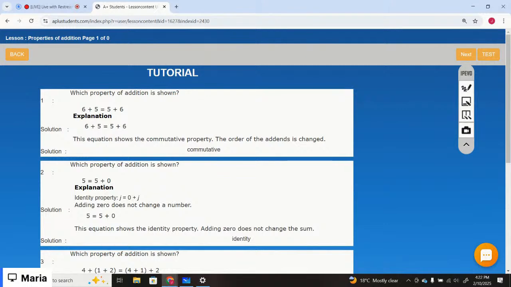Which property of addition is shown? 6 plus 5 equals 5 plus 6. So that is the commutative property. If the order of the addends are changed, the numbers are same. That is the